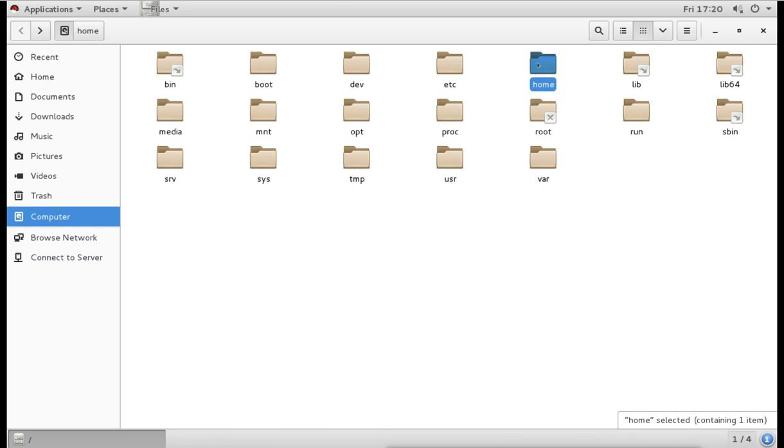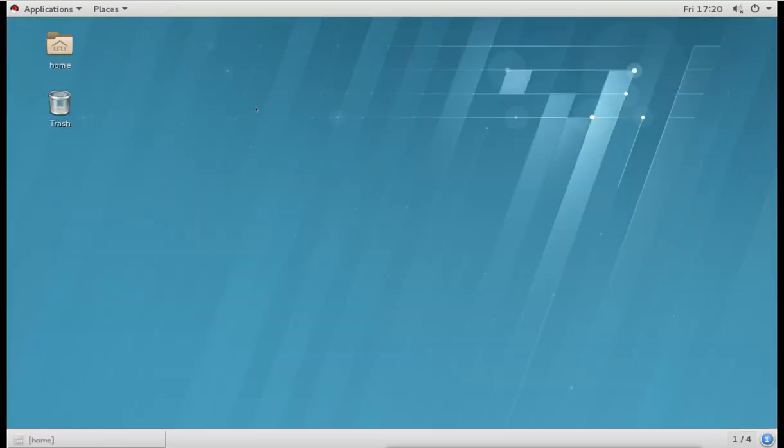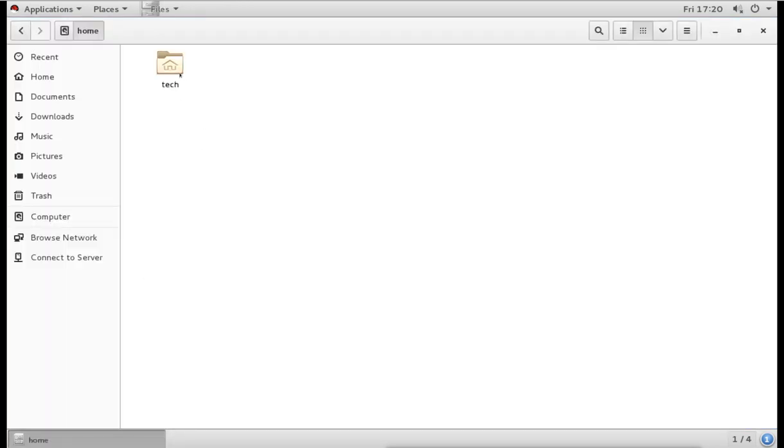We have one normal user which we are logged in as right now. If you open this home directory, you can see the user's home directory, and you can also see the shortcut on the desktop. This is a link, a shortcut, but the actual location is here under the home directory. We can see the home symbol here because we are logged in as a tech user.